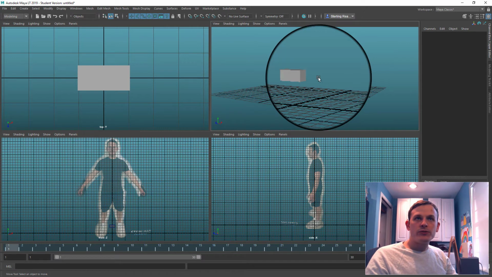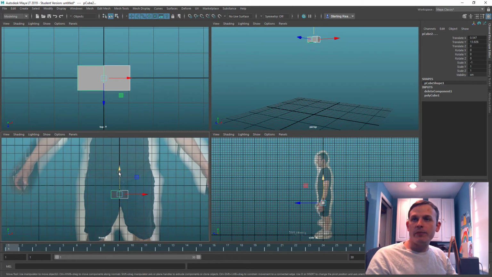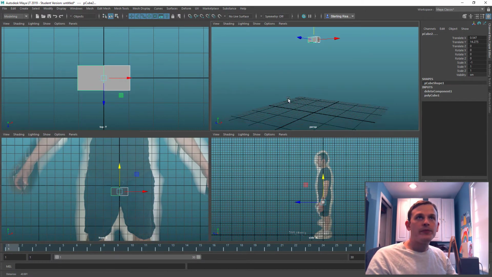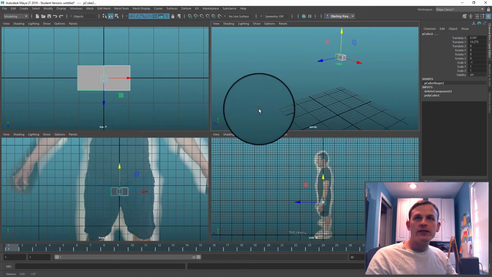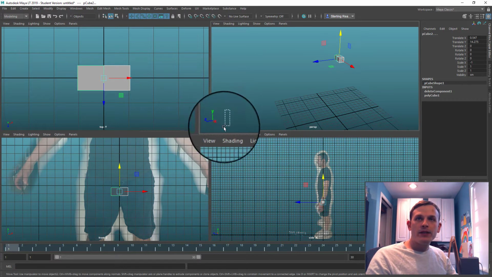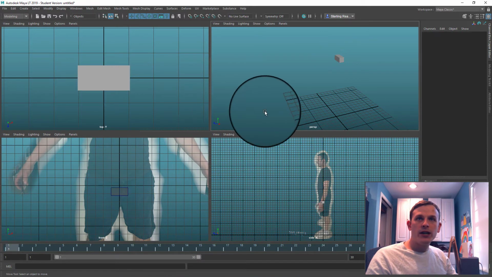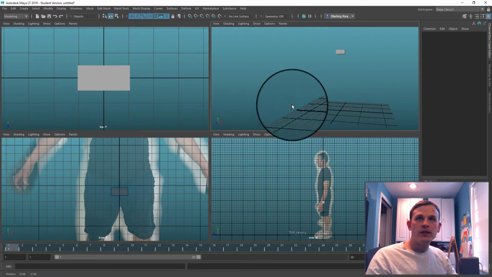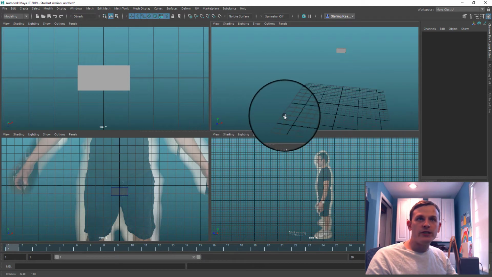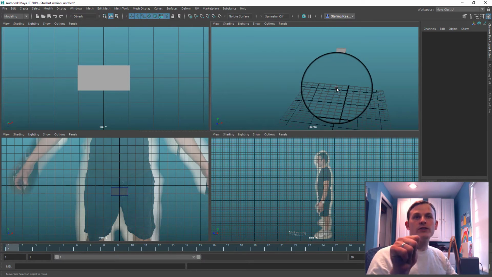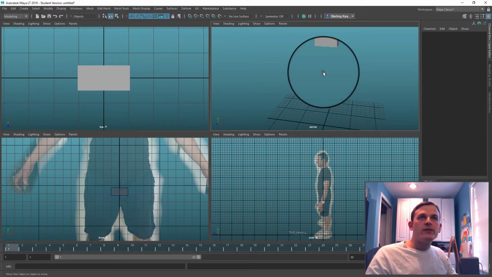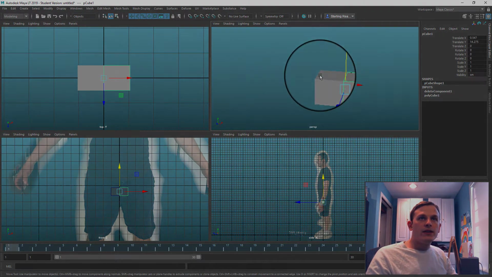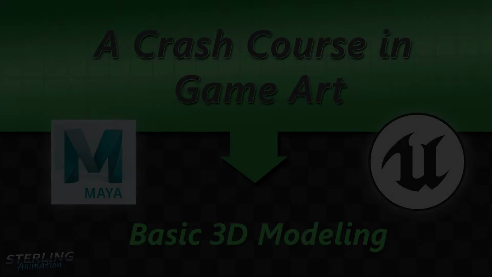So we're almost ready here. Right at the hips is the best spot to start. And I'm going to make sure in the perspective view I'm facing the correct way. This little thing in the corner here will show you how you're oriented in world space. So Z is forward. Z should be facing towards you if you're staring at the computer screen. And that's how we're doing it. And let's start